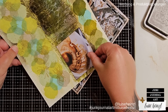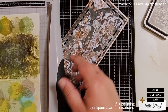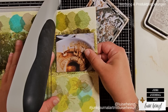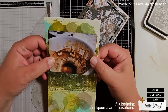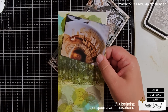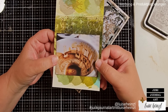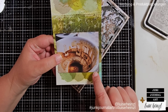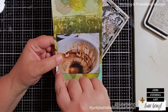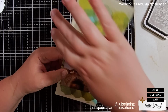But what about this? Let me just take my paper trimmer and trim off a piece that would be wide enough to put below the photo, but with a little frame. I really don't know what I shall think about those circles. When I had it in my hands like this, it looked really weird because my brain is trying to fulfill the image. My brain sees a full coffee cup, but it doesn't make sense with these circles here. That looks totally weird. If I turn it around,